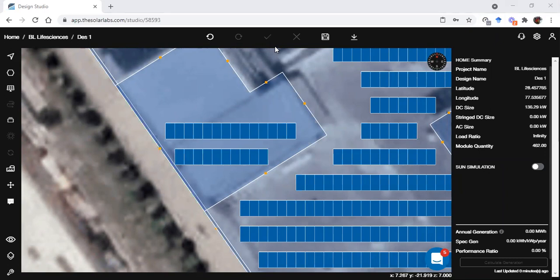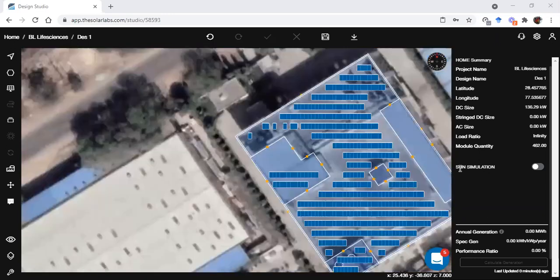Okay, ma'am, for that part in this sun simulation, we are doing it for each and every day with the data from weather data, like from Meteonorm weather data or whichever weather data you want to import into the system. So it will consider based on each particular day. So yes, it will take into consideration summer timing and winter timings. And let me once again show it to you.